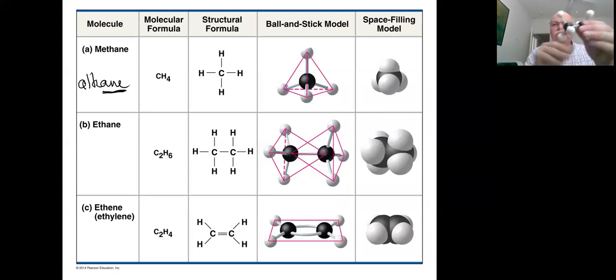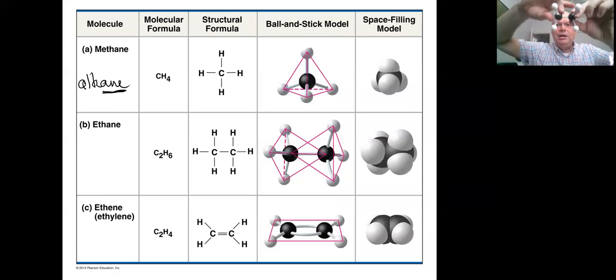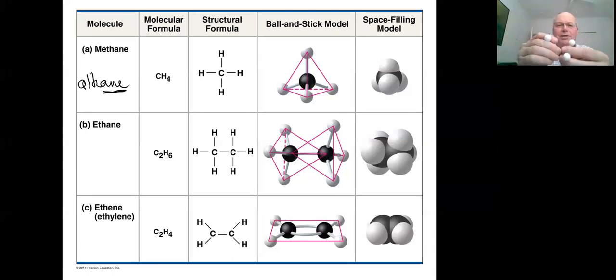So here's the 3-dimensional model of ethane. If you can't really see it in the diagram, here is the ethane model, and I'll try and get my fingers out of the way so that you can see it. Here's one tetrahedron. Here's the other tetrahedron. And then the points of the 2 tetrahedrons come together, and here's the base of the tetrahedron with the hydrogens on it. So it starts to give you a 3-dimensional model, even though we would draw this